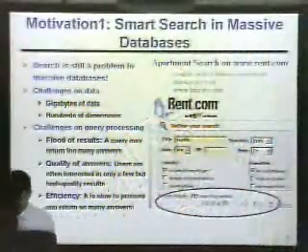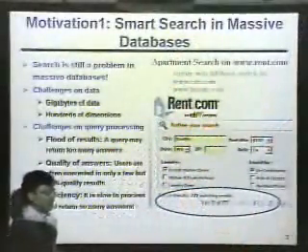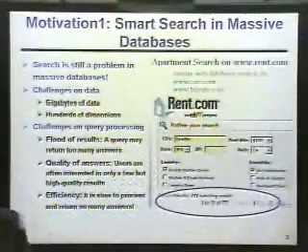For example, this is my personal experience. I did an internship here. Before I came here, I looked for an apartment to stay in during the summer. I input Seattle, I input 2 bedrooms in rent.com, and I got more than 700 results, spread over almost 8 pages. And no one wants to click through 8 pages to look at each apartment. There are similar search experiences when people search for used cars on cars.com, or search for products on bizrate.com.